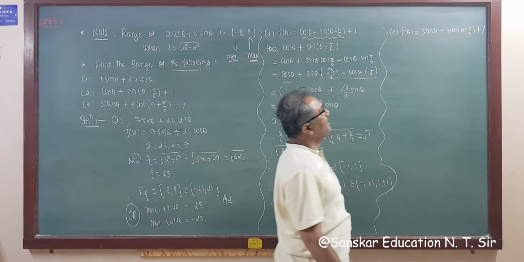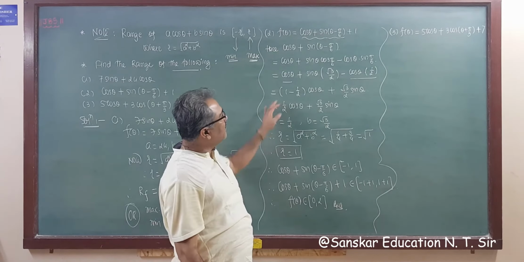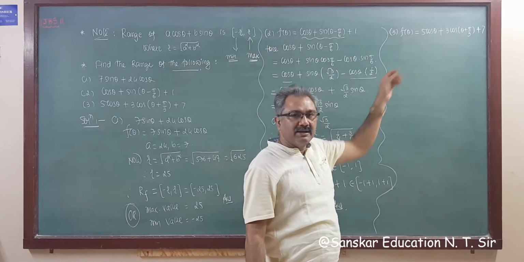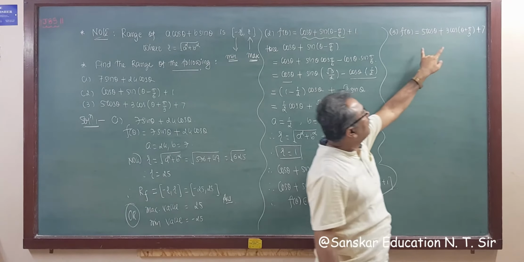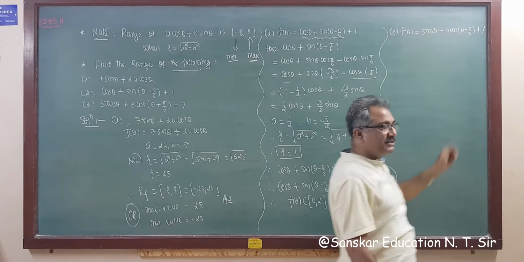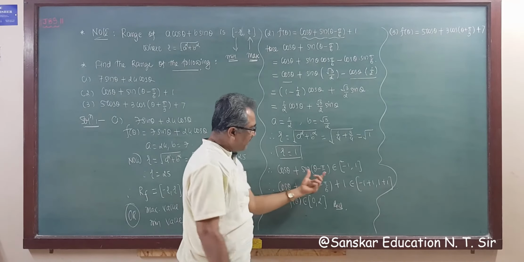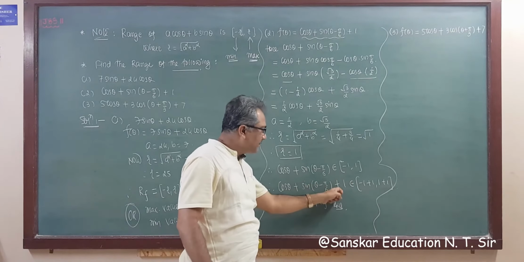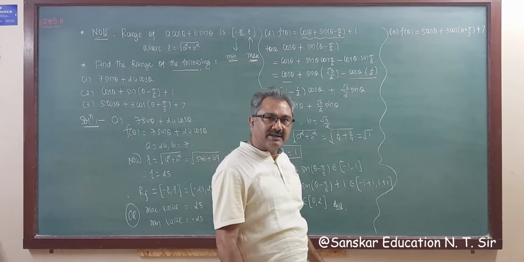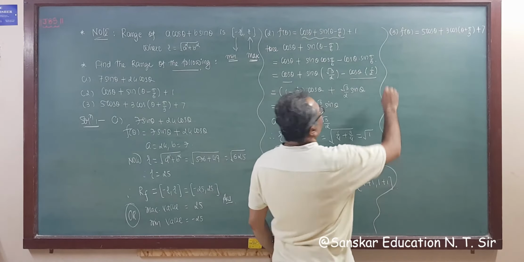Plus 7 is given, right? So similarly we did here, we can do there also, right? First we find out the range of this and then add 7, just like this. First we can find out this and then add plus 1. Then we add plus 7, we will get our answer, right? Got it? So now first here